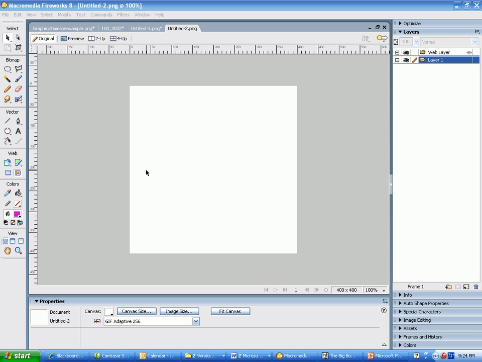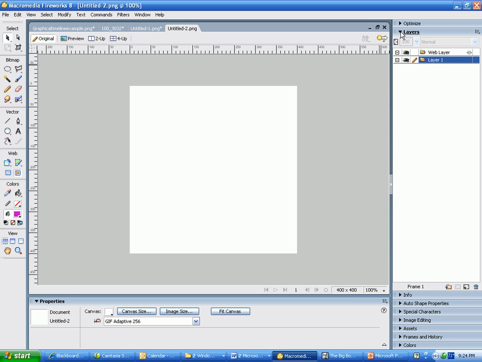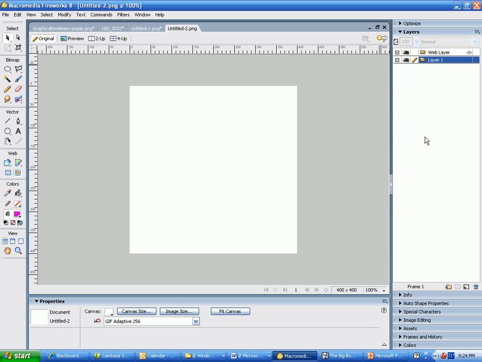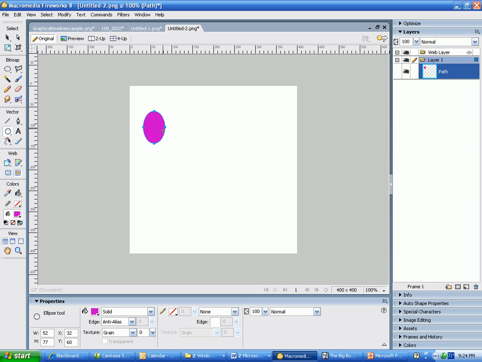Okay, first I'm going to start off by showing you how to create and use the layer function in Fireworks. Make sure your layers window is open, and whenever you open a new file it will always start with layer 1. I'm just going to draw a very simple shape here. Draw a circle,